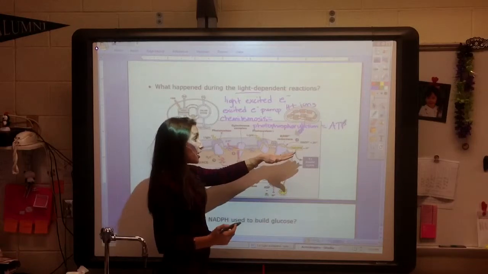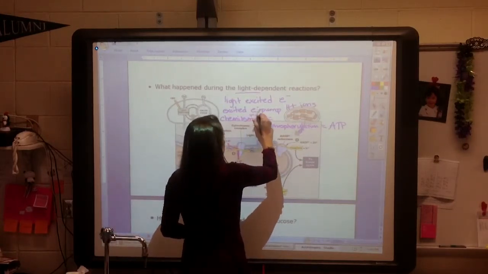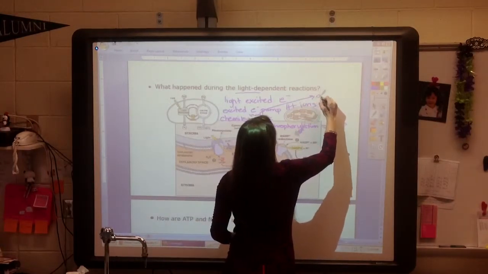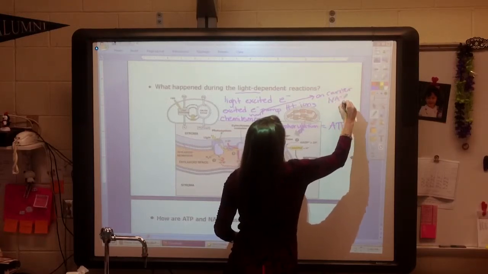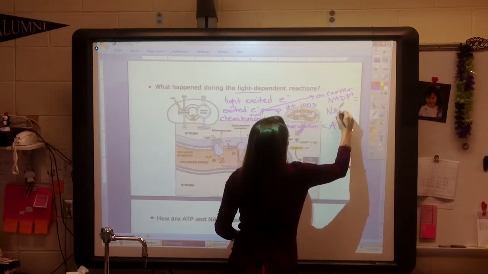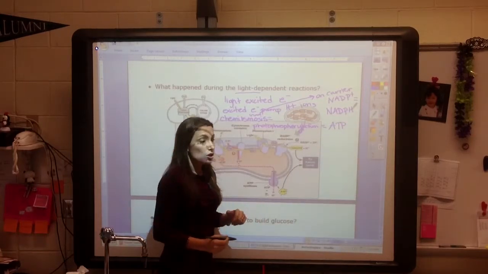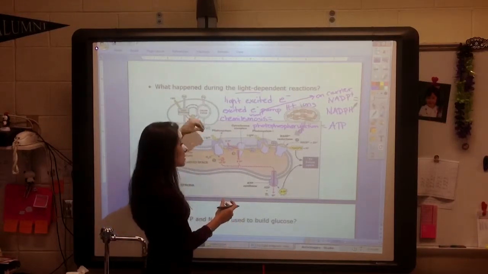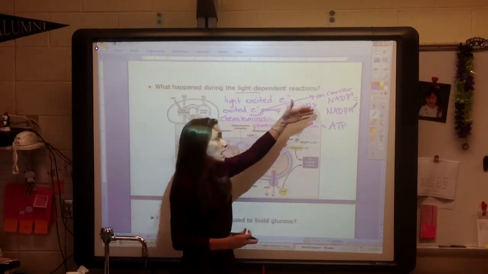But we have another energy storage molecule, because this electron actually ends up on a carrier, NADP+, which gets reduced once it accepts that electron to be NADPH. So the light-dependent reactions is where we take the energy from light and store it into two temporary sources, NADPH